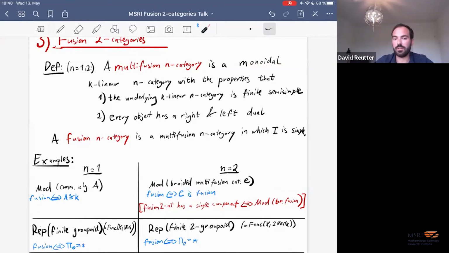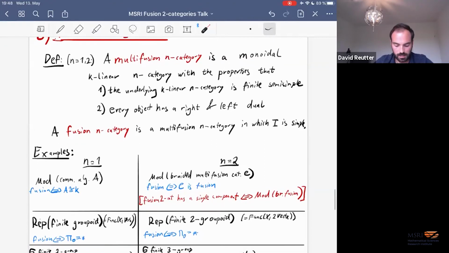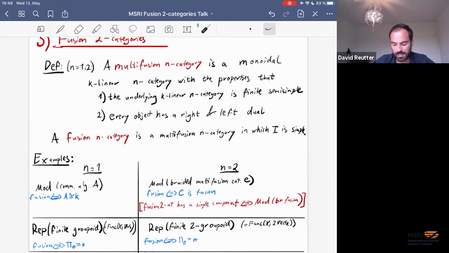Exactly. Yeah, this is roughly how the story goes. So you can build sort of this multi-fusion category, and it looks like you sort of squash pi 1 and pi 0 into a single level somehow, which